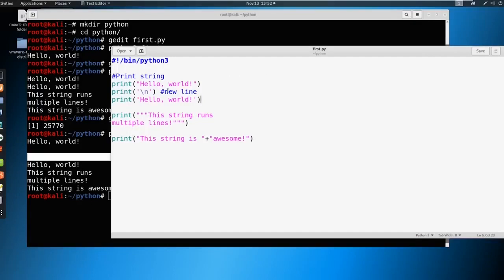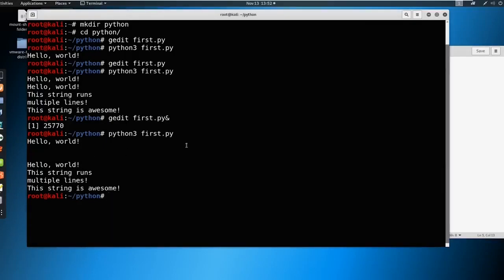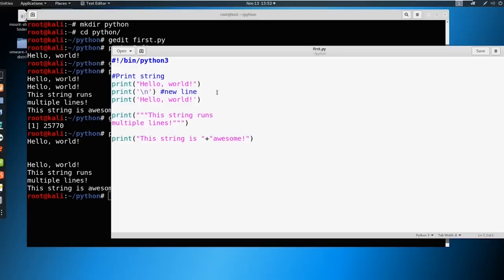So quick and easy way to add a line in or a line break. And yeah, so here, very simple lesson, right? All we're doing is just learning how to print things, and we're dealing with strings. So even if you want to go in and build upon this, you can add comments in for yourself to